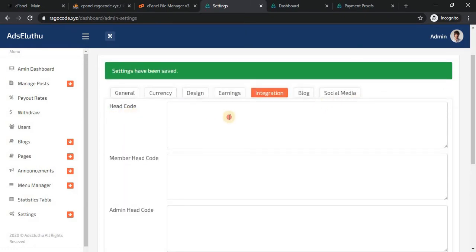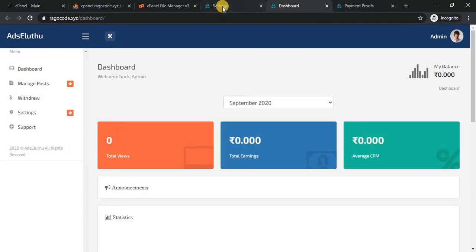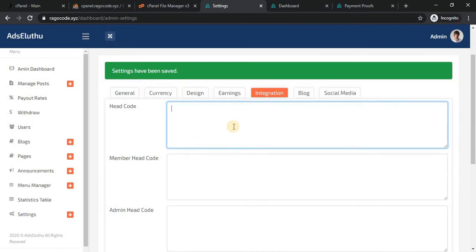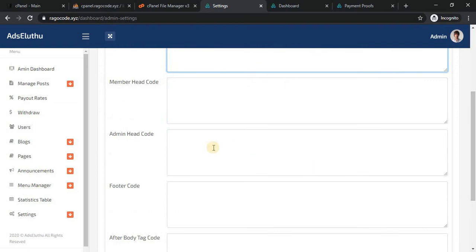The code you enter here will be displayed in the home page header, and what you enter in this area will be displayed in the member area and publisher area header, and what you enter in this area is displayed in the admin panel header.